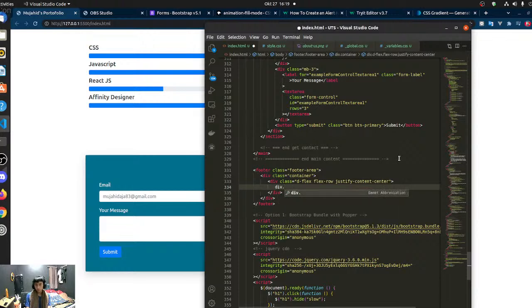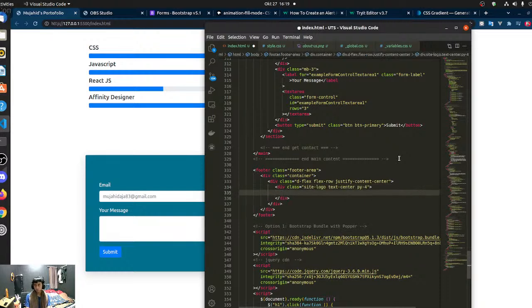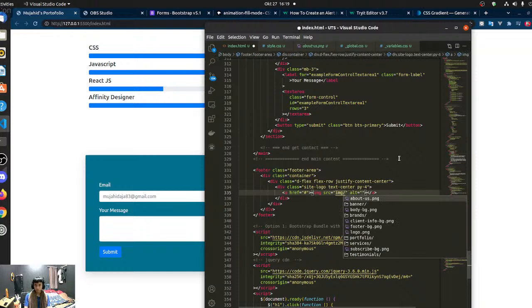tag with the class site logo, and along with that, I want to center all the text. So I'm going to say text-center, and I'm going to specify some padding. So I'm going to say padding Y, top and bottom padding 4. And inside this div, I'm going to have an anchor tag to redirect the user to the home page, and inside it I'm going to specify img, and I'm going to specify my image logo here. So I'm going to select my img folder and then select my website logo, this one, and